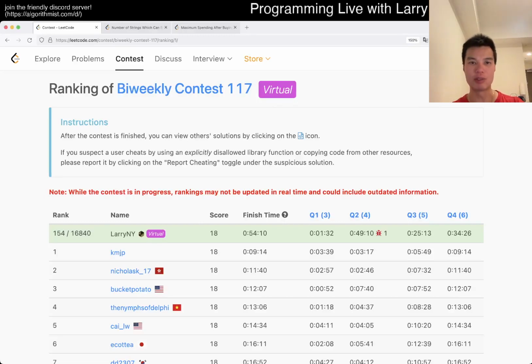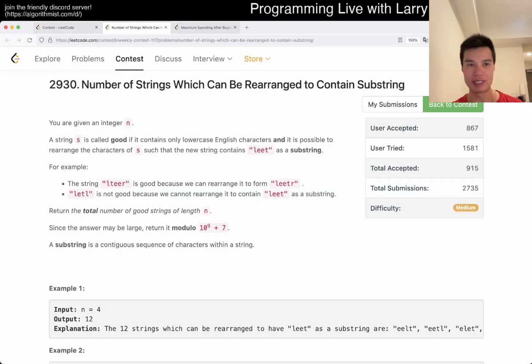This is me going with Q3 of the bi-weekly contest 117, number of strings which can be rearranged to contain